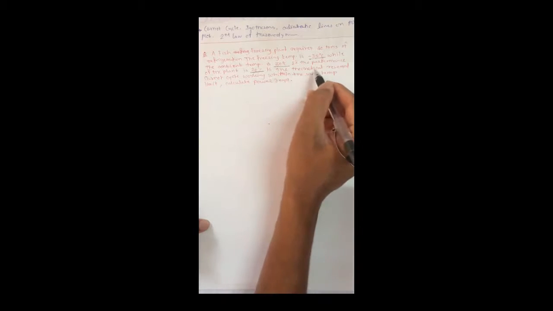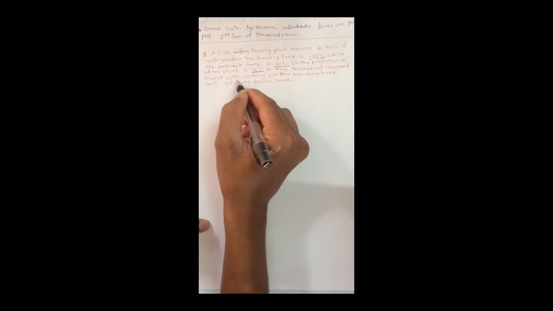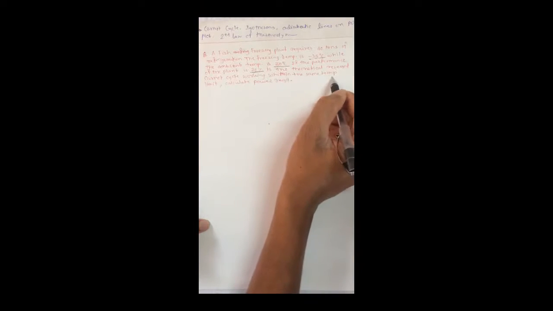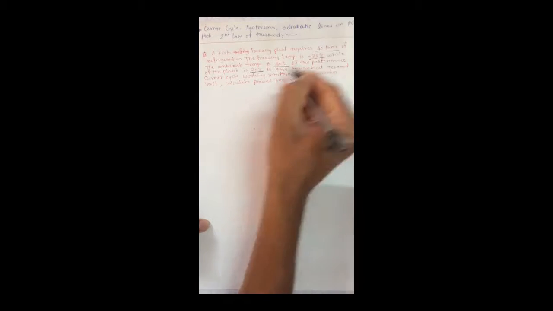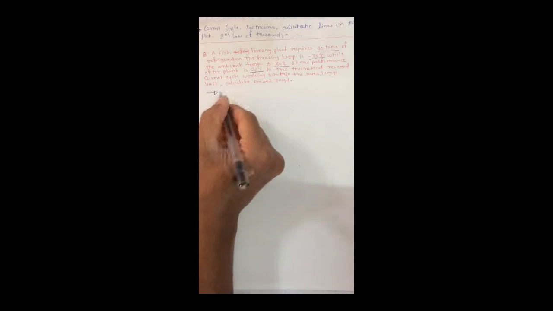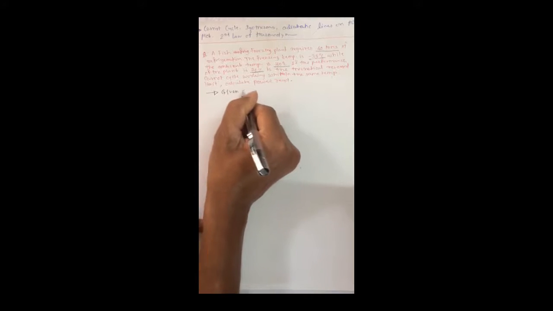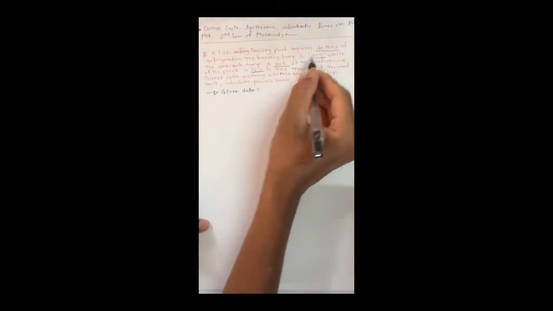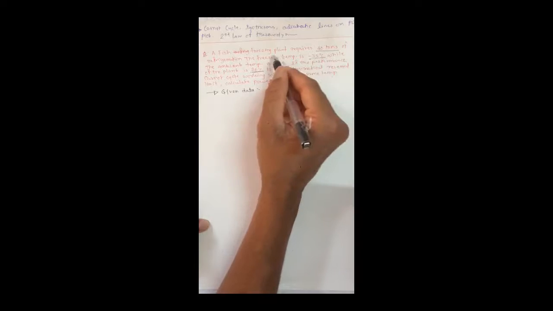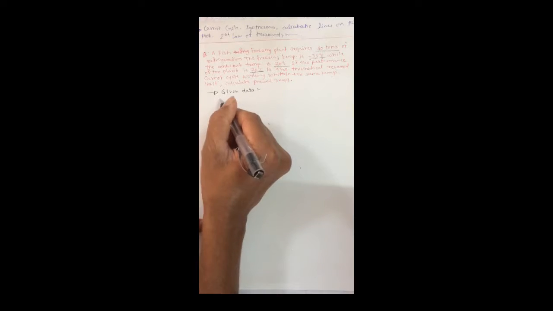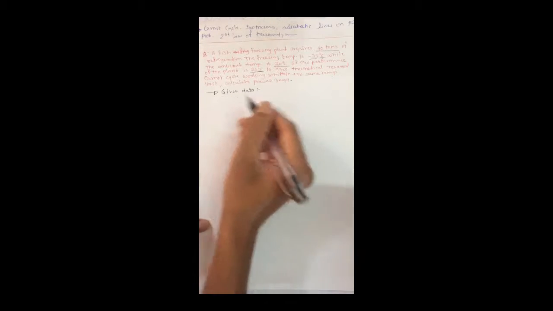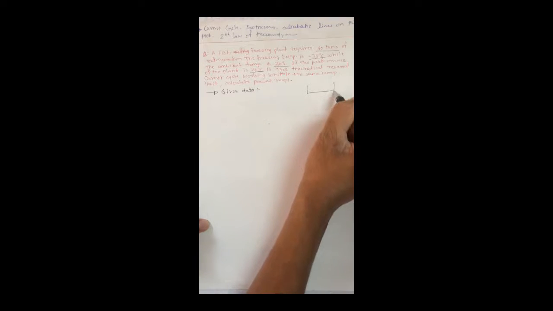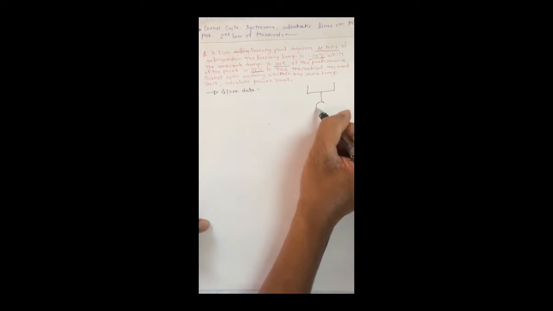then the theoretical reversed Carnot cycle working within the same temperature limit. Calculate the power required. Okay, first of all we are going to see what is the given data. The first given data is the freezing load. Freezing load means whatever heat should be extracted from the refrigerator space. First of all we will draw a diagram for the particular plant.